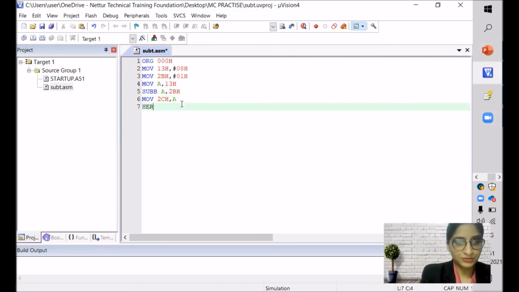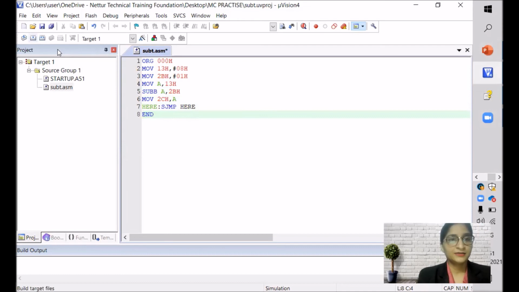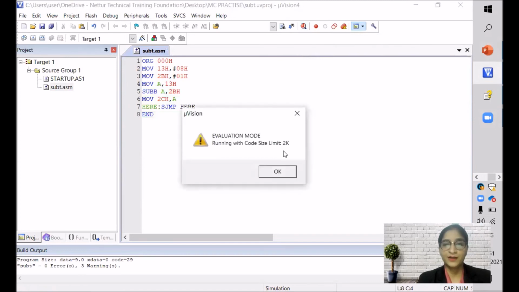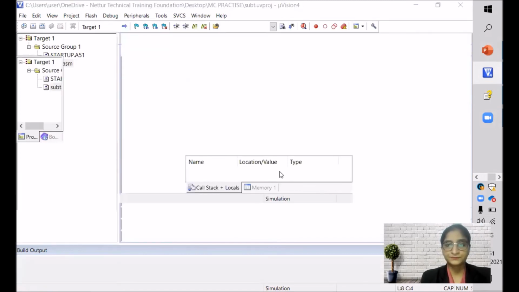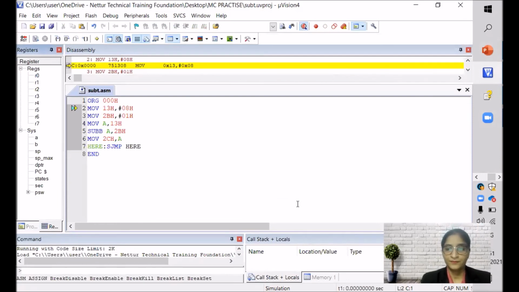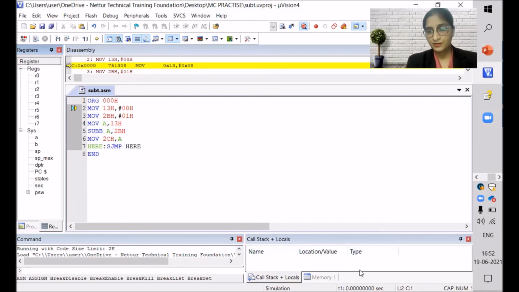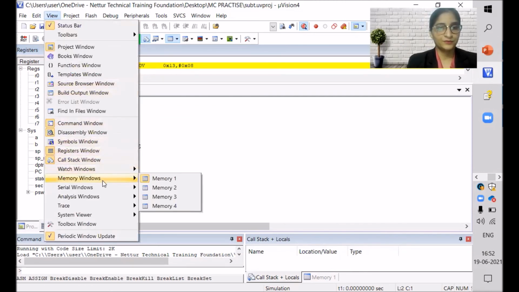That's all. Now we'll put our, as usual, loop and we'll end the program. Now we'll check whether we are okay or not. Error received is 0. It means we are okay. Now we'll be clicking on debug. Okay. Now again we want the memory window to see the output, because the input is also in a memory location only. So again we'll click on view. We want the memory window.